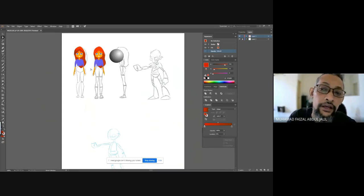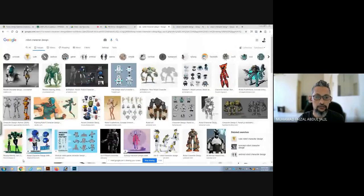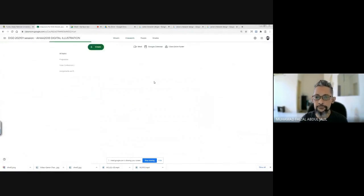So remember that, guys, when you're going to do your work, whatever you have planned, you need to know your weapon of choice that you're going to use. Between AI and Photoshop, I would recommend you approach it in different ways. So you choose the right one. That's why, when you talk about our assignments, please read back again